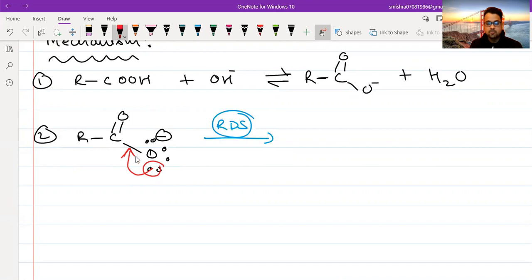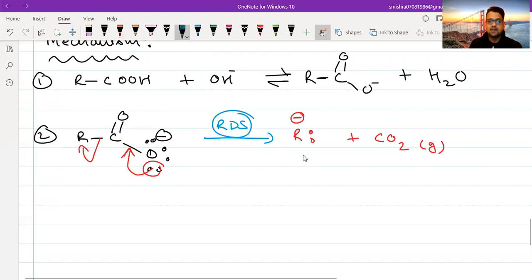Now when you are trying to form a new bond with carbon, you will have to break an old bond. So this R departs from here. This step is the crucial step, which is the rate determining step of this reaction. This lone pair converts into a pi bond and this sigma bond breaks from here. If you have some knowledge of Grignard, this is just the reverse of the reaction when Grignard reacts with CO2. This is just the opposite of what happens when Grignard reacts with CO2. So you get R minus from here and CO2 gas is liberated.